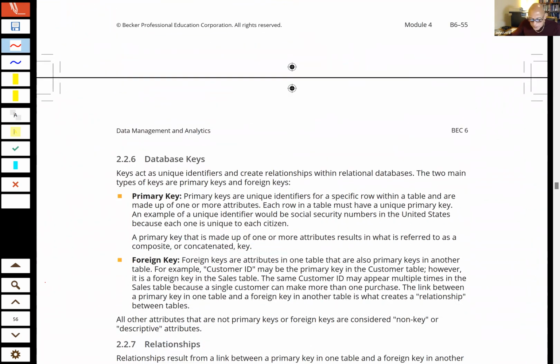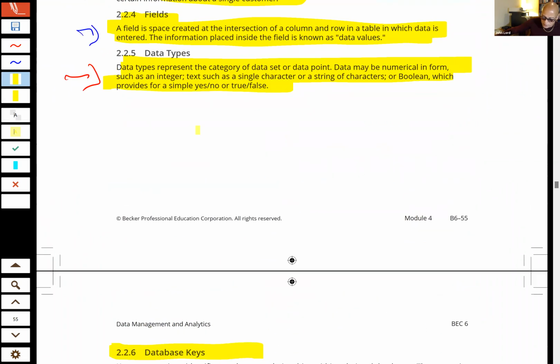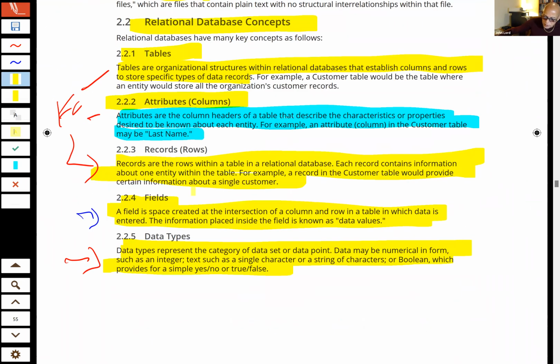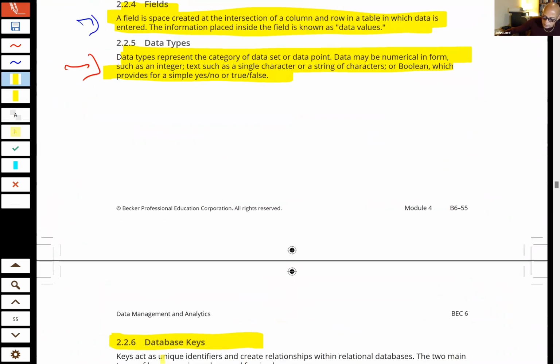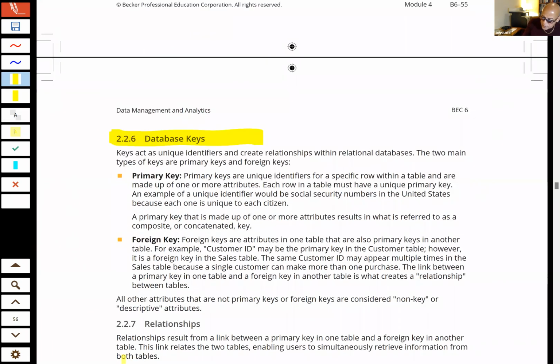Okay, now let's take a look at database keys. Okay, and I'm going to ask you for a separate flashcard. Now you got some of those things flashcard, which I think you probably knew some of those things already, but flashcard those, and then let's talk about database keys. And we have two main types of keys. We have primary keys and foreign keys.